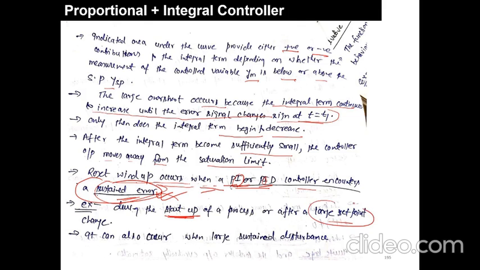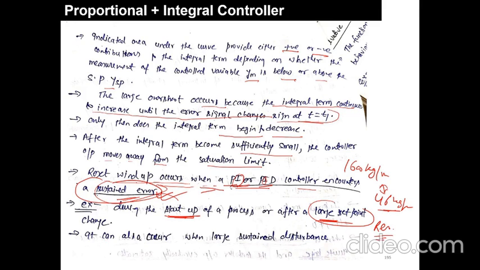During the startup, or after a large set point change, or whenever you change the set point from, let's say, the last set point. Let's say the flow in any system is 1600 kg per hour, and suddenly you change it to 46 kg per hour. So this change is very, very large, and due to this large value, or you can say this sustained value, the reset windup type of problem will come into the picture.